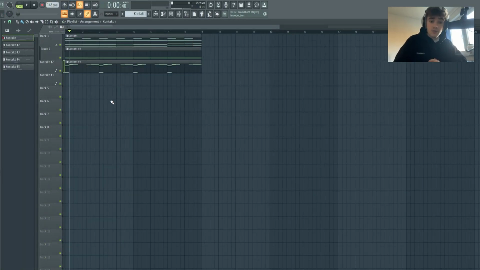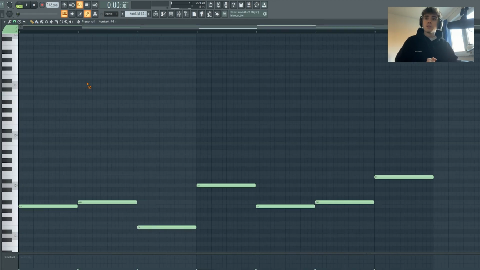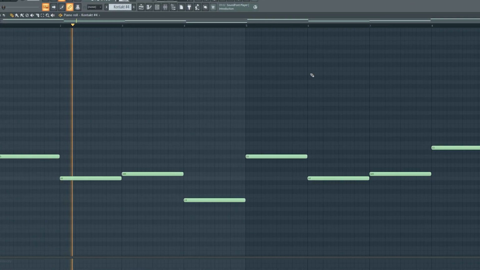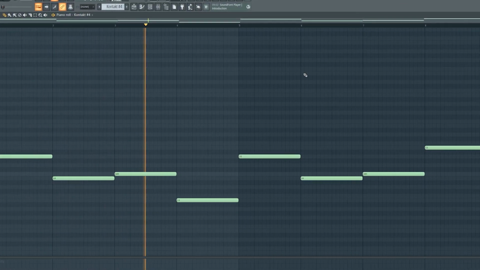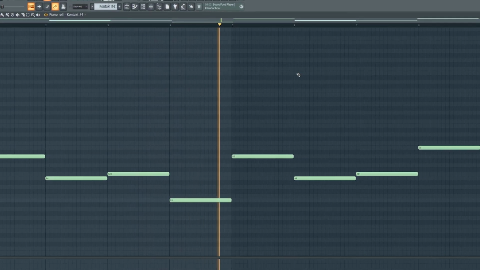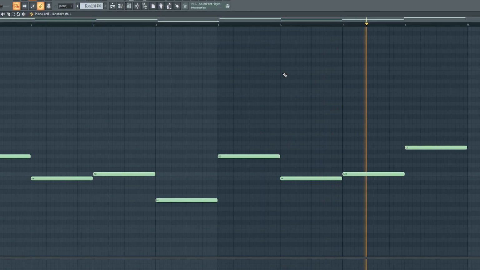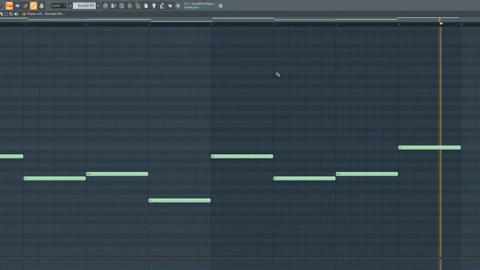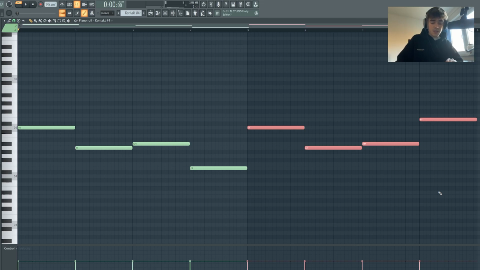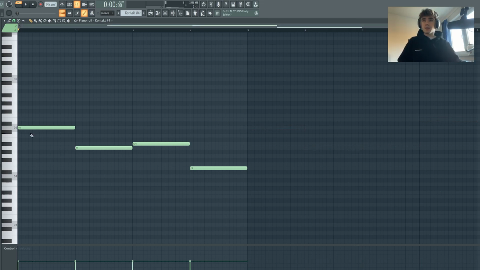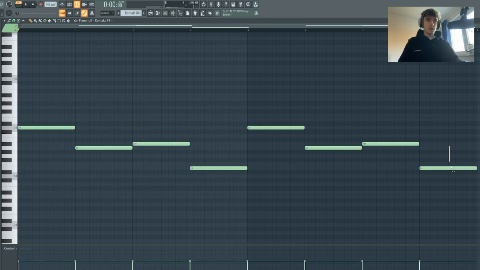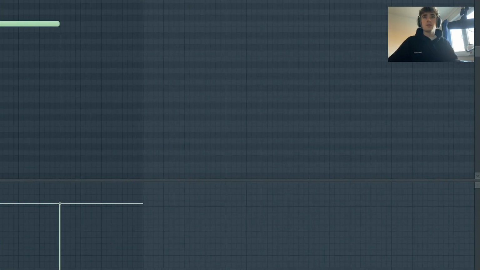I wanted to add to the lower mid frequencies at that point. So what I came up with is this string pattern right here. As you can see, nothing special here. I basically just copied this pattern over and put this note at the end an octave up. On the mixer,